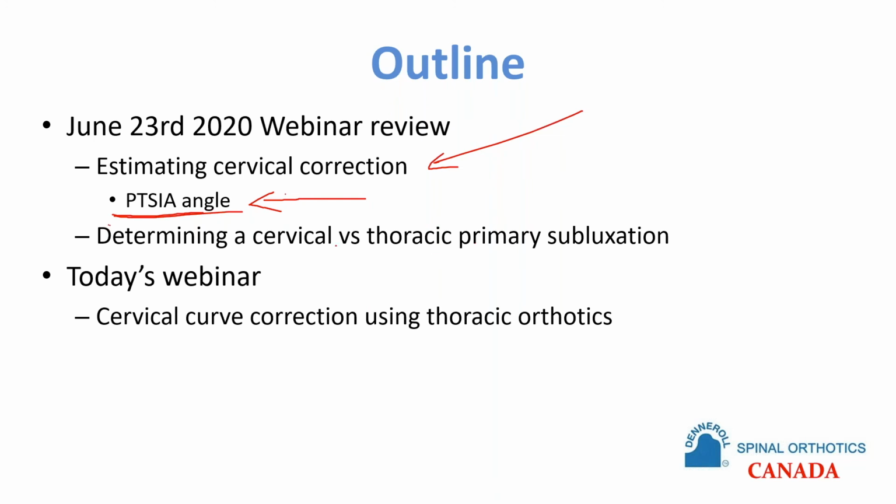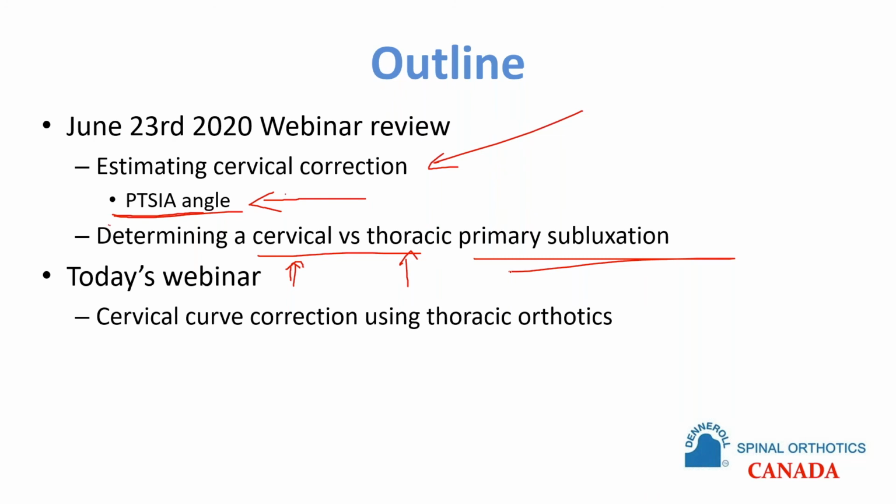understand that. Then we mentioned the difference between a cervical primary problem, so when do we use a cervical dental roll, versus when are we using a thoracic dental roll because the patient has a primary subluxation, aka a thoracic hyperkyphotic problem. So on the last webinar, I showed you guys how to determine if it's a thoracic subluxation, but I never showed you any cases where the cervical outcome, so looking at the cervical curve improvement via using thoracic